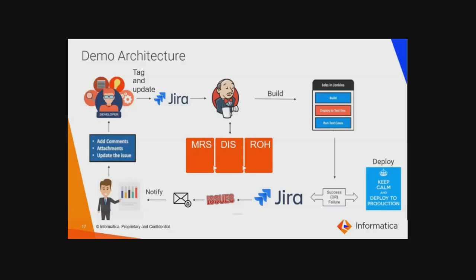He gets assigned a Jira and he starts working on that. And once he's ready with the Jira, he pushes for the approval. And once the approval is done, the Jira will trigger on the Jenkins, right? And Jenkins will fetch those objects which are needed for this particular issue, and builds them, tests them, and deploys